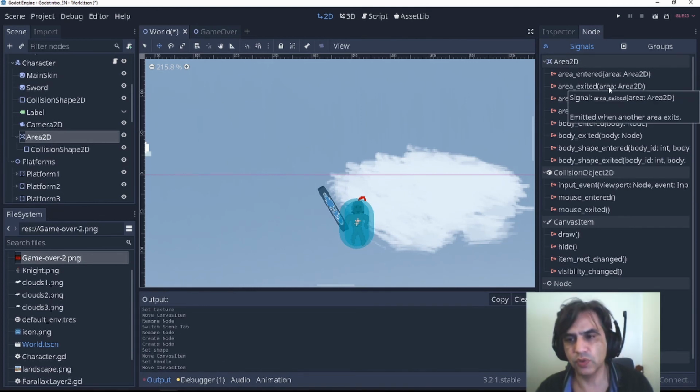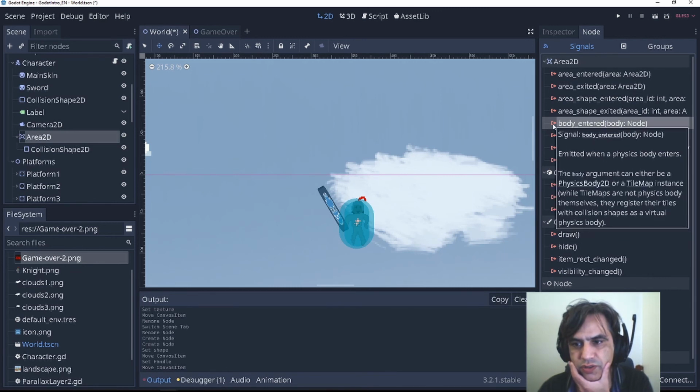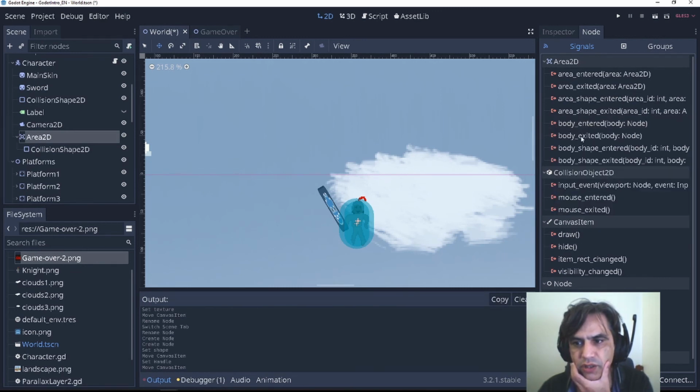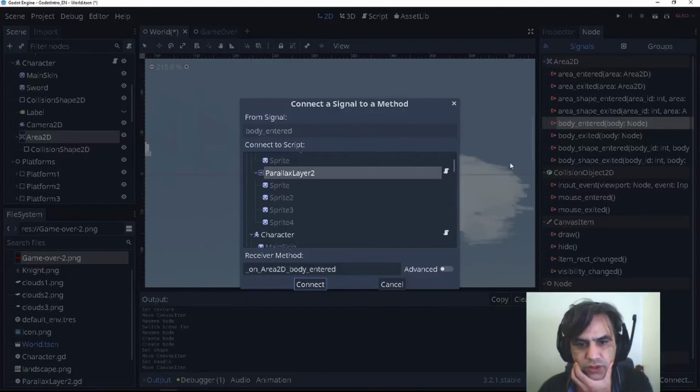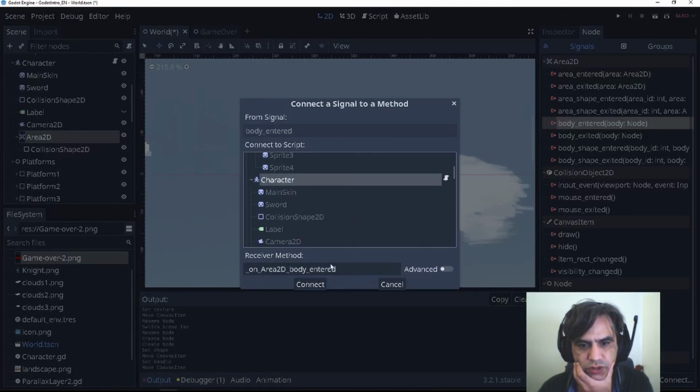This has one thing that we are going to use, that is body entered. We are going to see if any body entered that area, and we are going to connect it to the character.